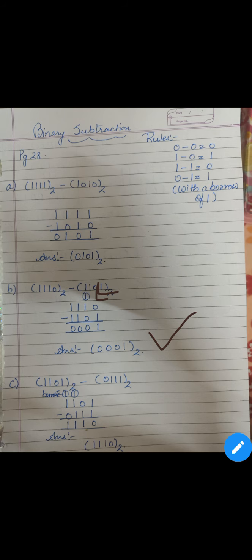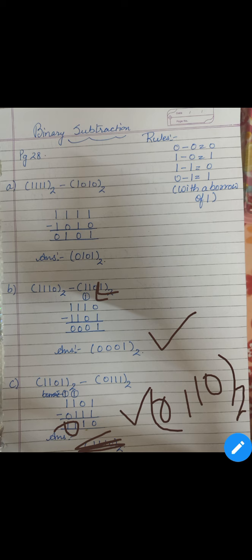Next we are having 2 times 1 0 1 minus 0 triple time 1. 1 minus 1 will be 0, 0 minus 1 will be 1 and 1 will be borrow in that case. 1 minus 1 will be 0 and 0 minus 1 will be 1 and 1 will be borrow again. So 1 minus 1 will be 0 again. So we will write here 0. So the result will be 0 1 1 0 and 2 will be base in that case.